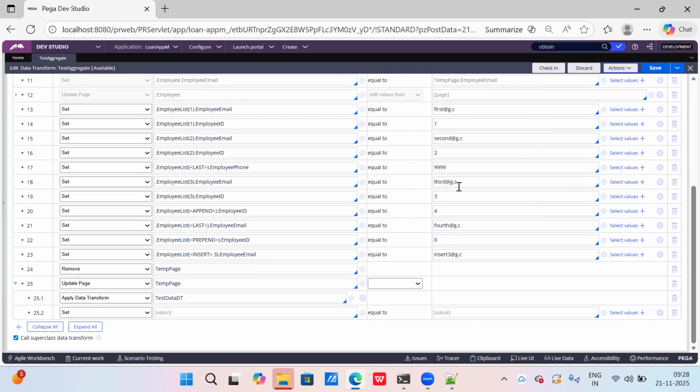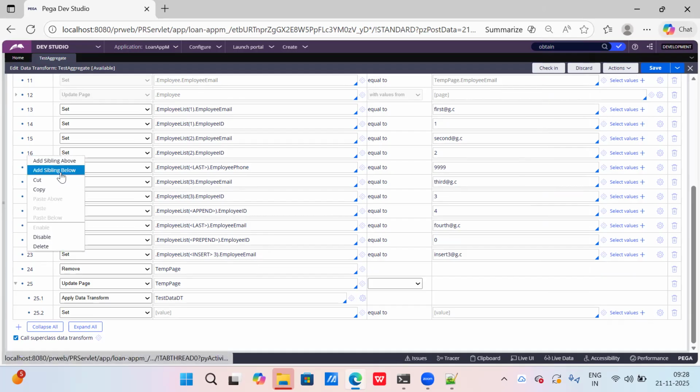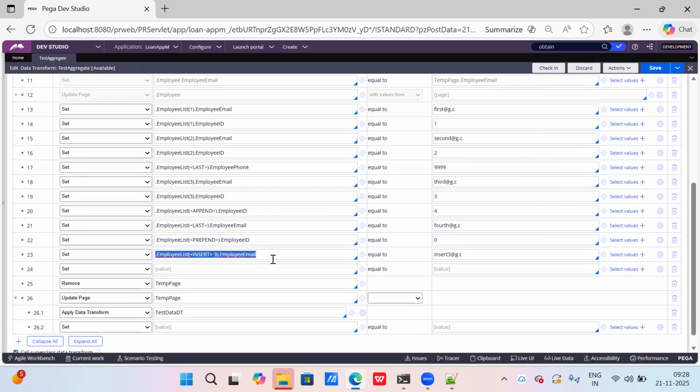Employee list of three contains employee ID. Then we have used prepend anywhere. I'm just giving it as 30, some random value here.